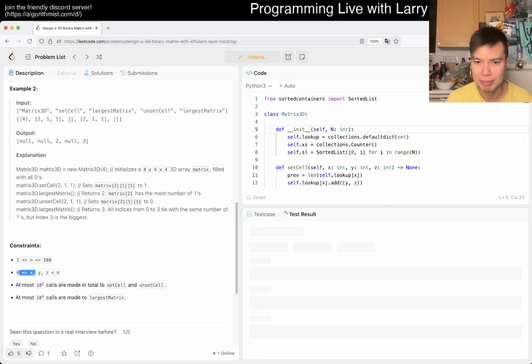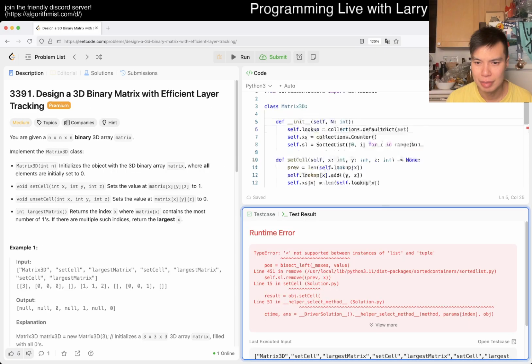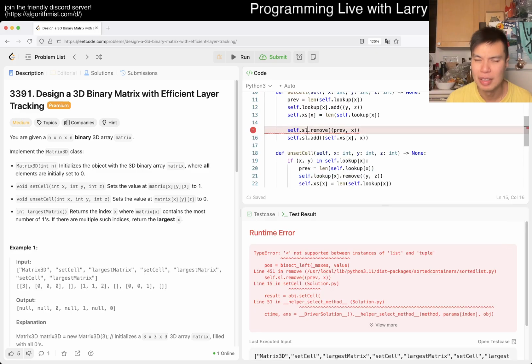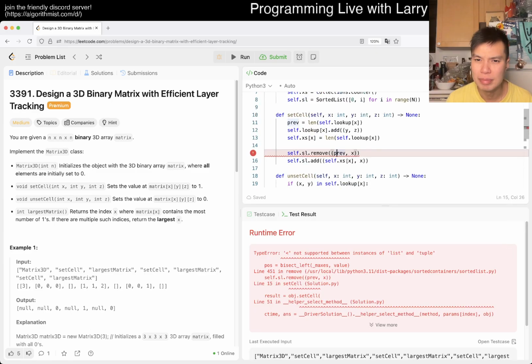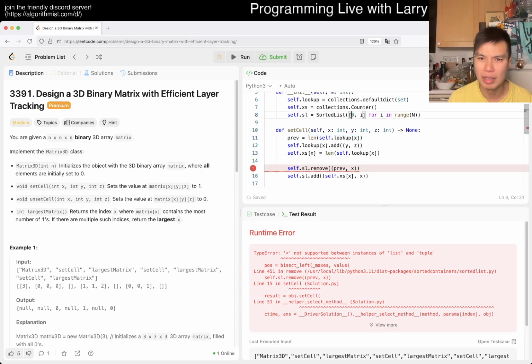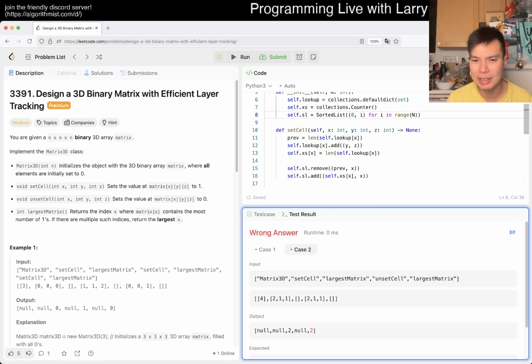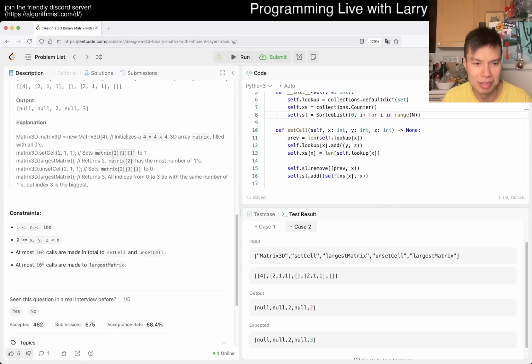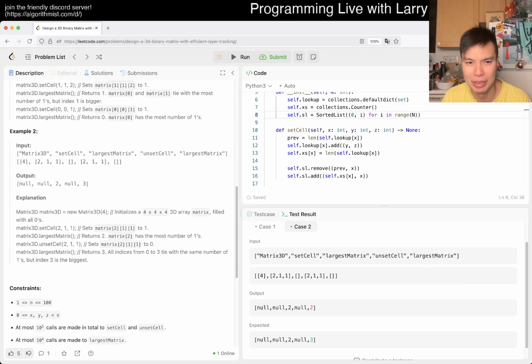Let's give it a quick run. 450. Oh well, no. Oh, here. This previous is equal to the length. Oh, this should be a tuple. In a lot of places they are interchangeable, but clearly not this one, which is a little bit sketchy on my part. Okay, so clearly we have something wrong.